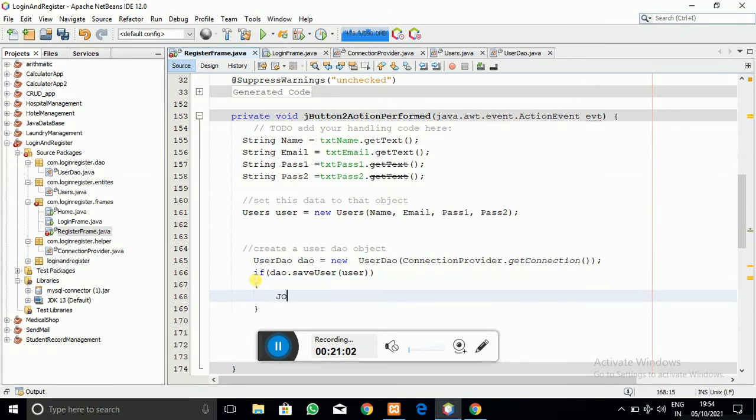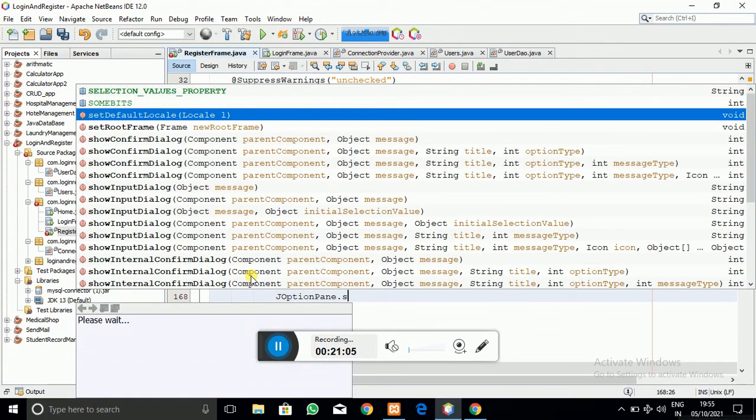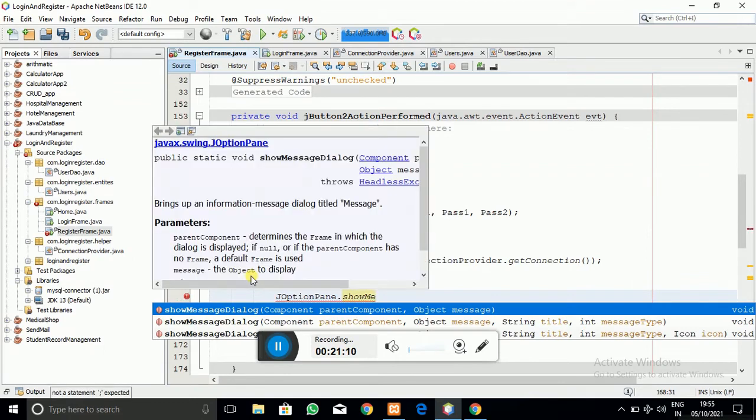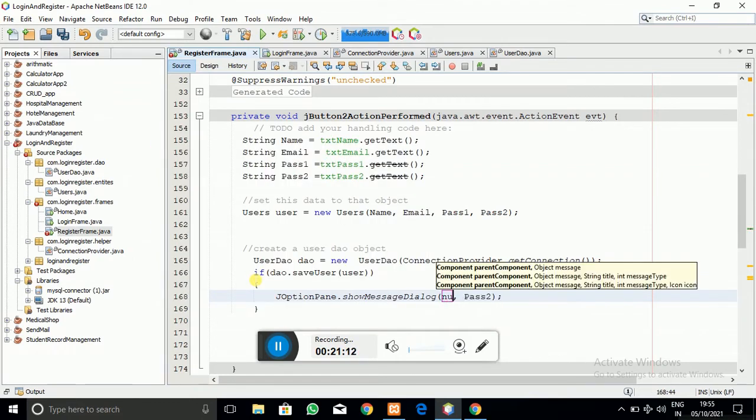If all the things work properly, that is, if the saveUser method works, I am going to show a message dialog using JOptionPane.showMessageDialog, with the message "Data inserted successfully".